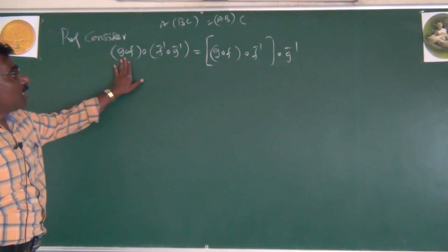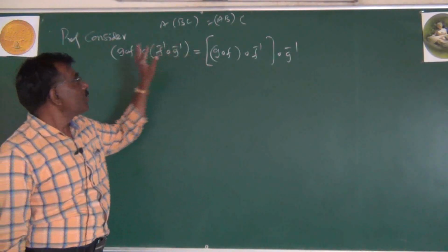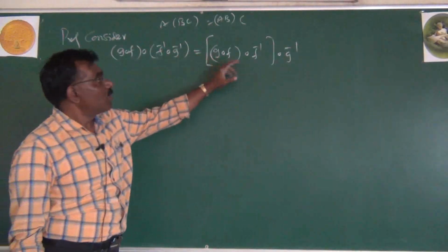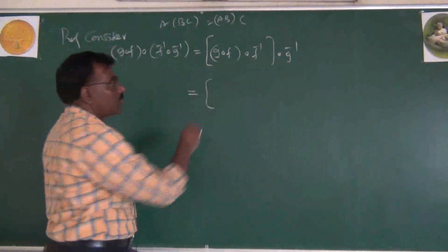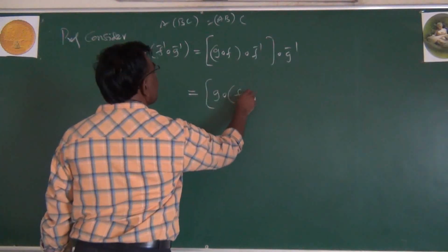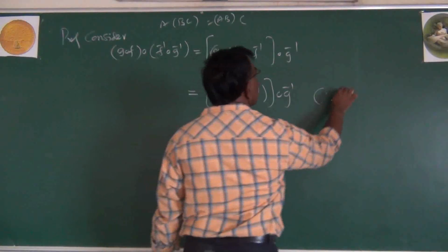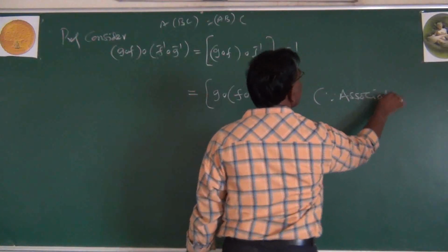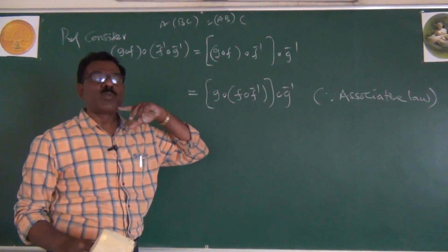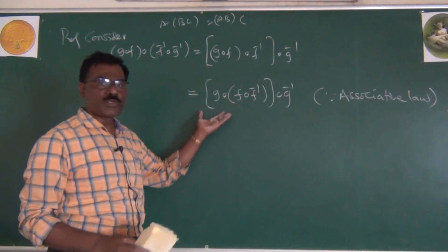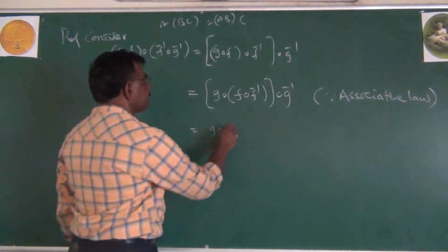Now I will write (AB) into C. By the associative property, this is g∘(f∘f inverse)∘g inverse. Associative, how many elements? 1, 2, 3. Associative: g composition, f composition f inverse is I,